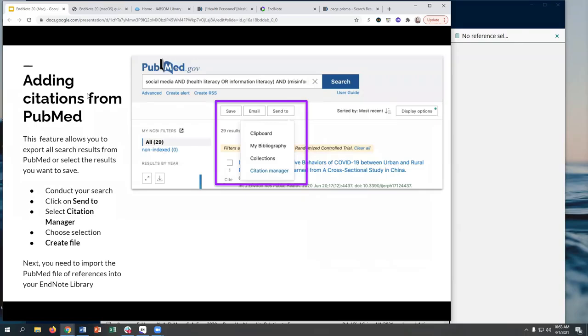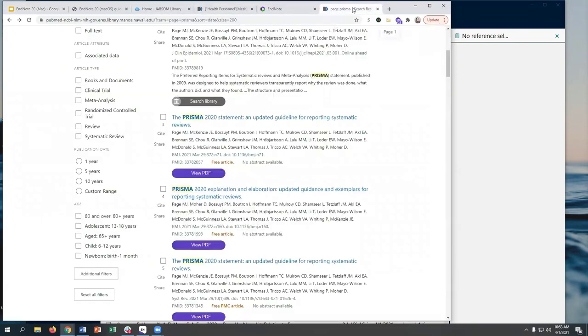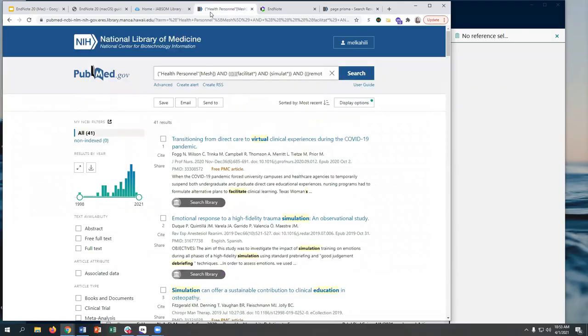Okay, so next we'll look at how to add citations from an outside database, but we'll look at PubMed. So I have a PubMed window open already. I'm going to go to this one. So I went to PubMed. I ran my search, and I have 41 results. And what I think using EndNote is best for when it comes to exporting out of the database is if you can